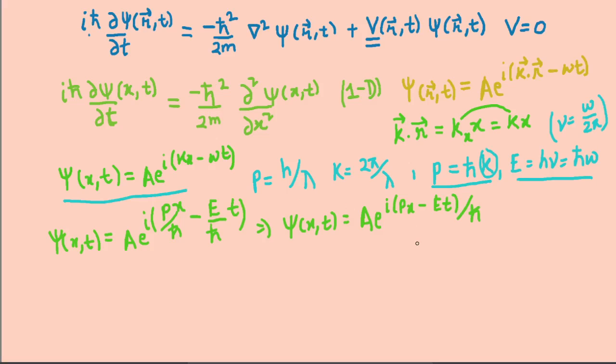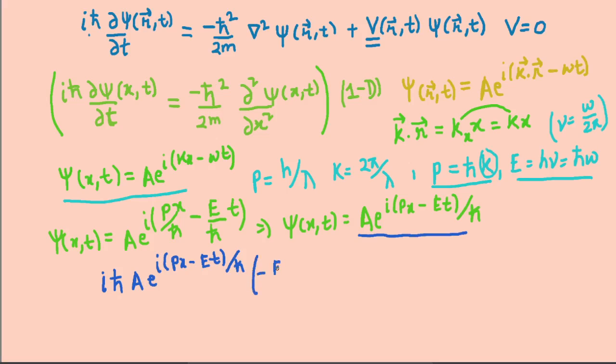So putting these equations in our Schrodinger equation, the one-dimensional Schrodinger equation, we get